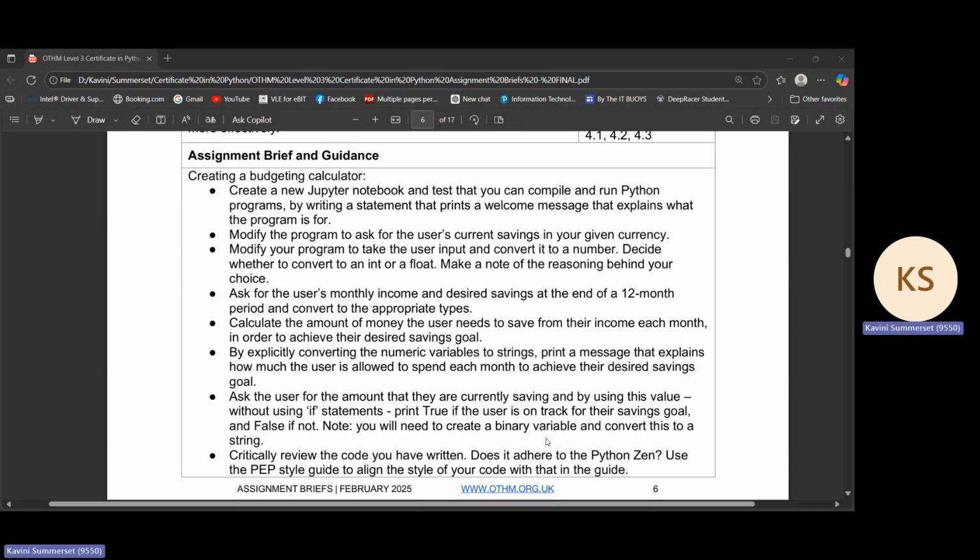Okay, so I'm not going to do these things and show you because this is your assessment. Just listen and take a hint on how you have to do this. Okay, so you can create a variable and then to that variable you can assign an input function, and through that input function you can write a message, enter your current savings in LKR. So you have given the currency. Okay,